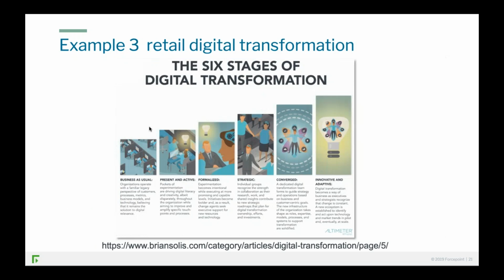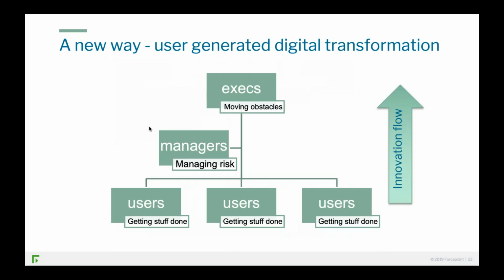Look at Brian Solis' digital transformation blog. Stage 2, present and active, pockets of experimentation by users. Shadow IT is experimentation by users. Stage 3, formalized. People start to use that innovation in a more structured way to benefit the business. How about we harness the value of the shadow IT rule breaking that's going on, and we do more of it? How about we listen to the users and we say, why are you using those cloud applications, and how can that benefit us?